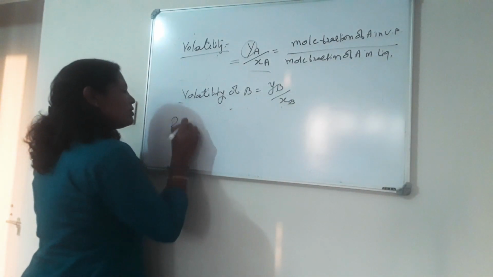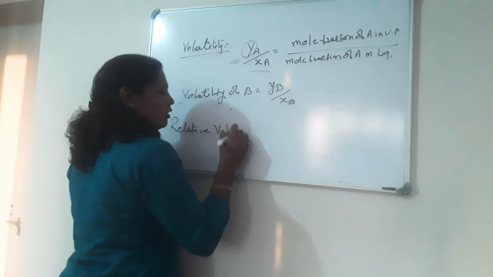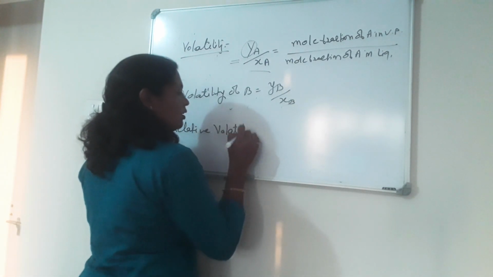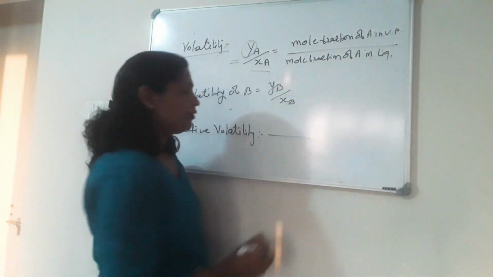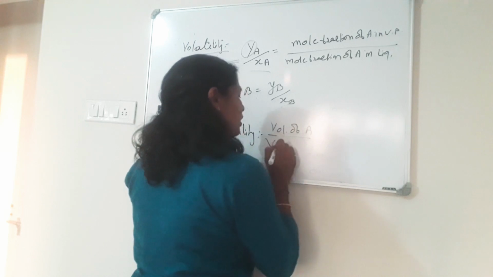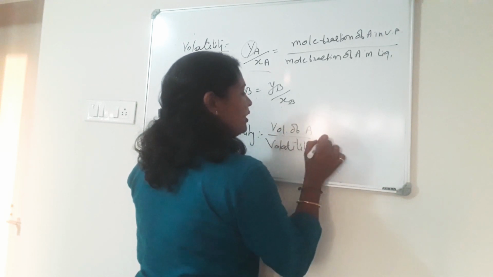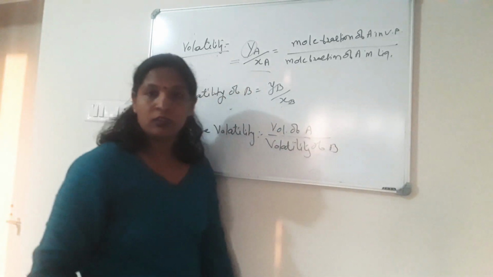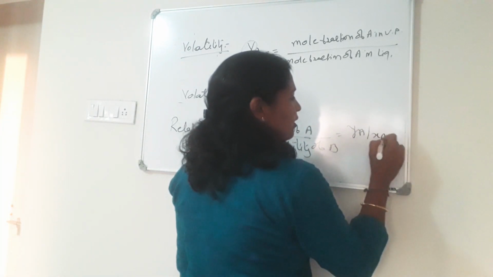Then the term comes relative volatility. It is the ratio of volatility of A upon volatility of B. That means Ya upon Xa upon